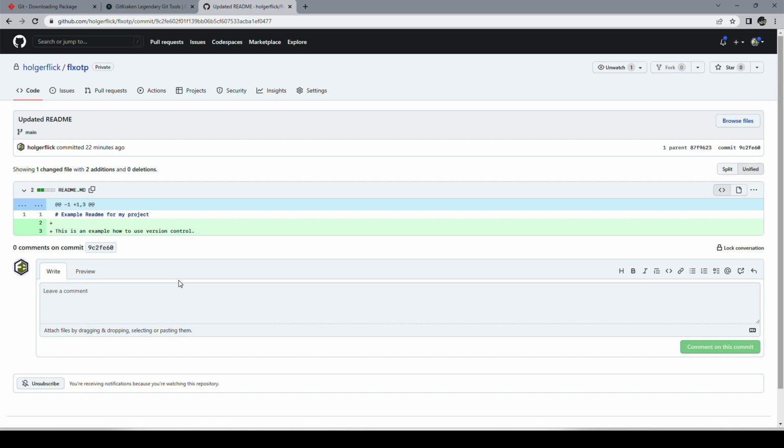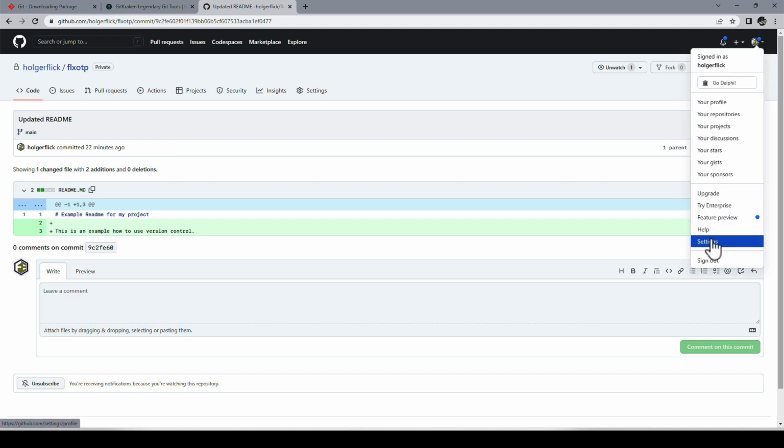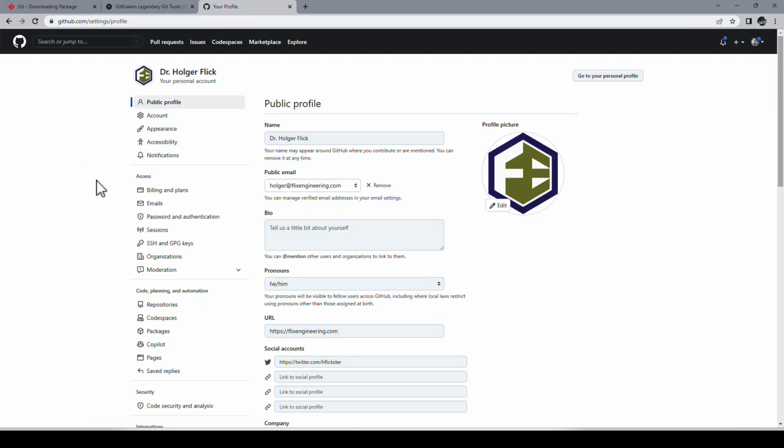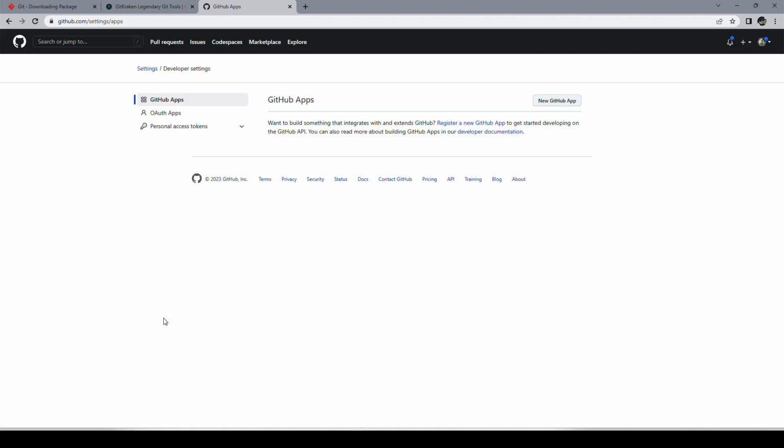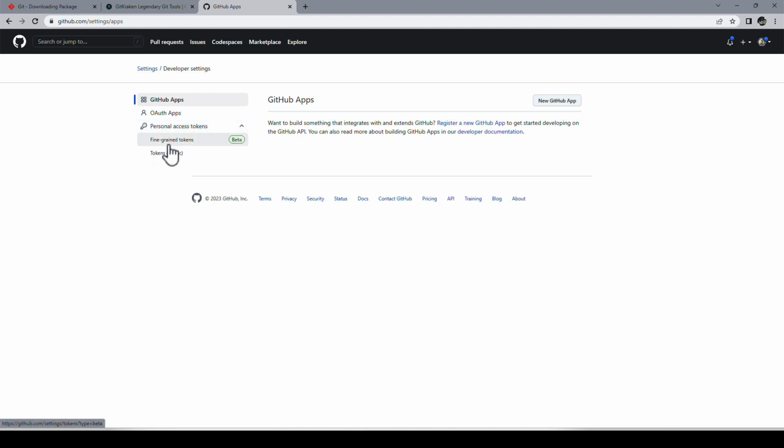And if you don't want to, for whatever reason, deploy to GitHub, because this is private, nobody can access it. If you have proper security measures in place, then nobody will be able to access this. GitHub has two-factor authentication, and this is really the most important thing. If you go here to settings, and then you go down to developer settings, you can generate personal access tokens. And I don't use these fine-grained ones. I don't even know what they are.